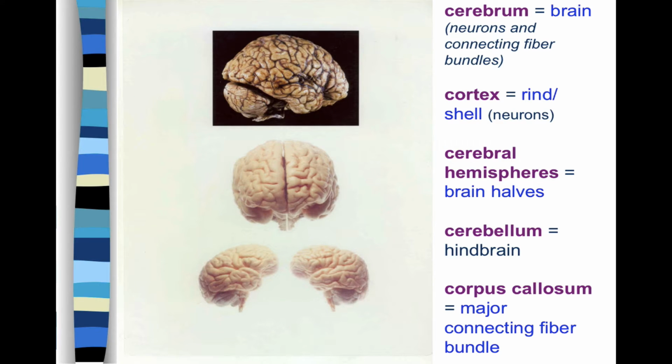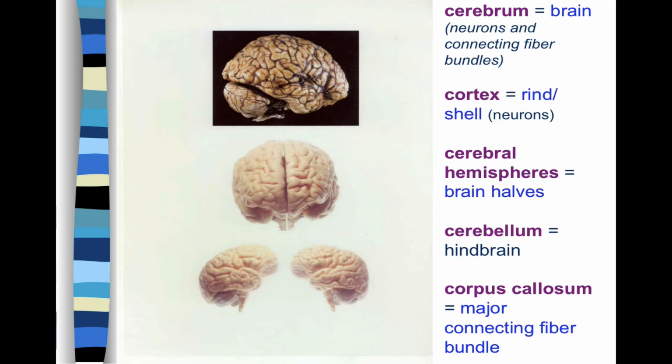First, some technical terms. Cerebrum is the term for the brain, the entire brain: the neurons, which are the nerve cells, in the outermost layer of the brain, and the connecting fiber bundles that lie underneath. The entire thing is called cerebrum. Cortex means rind or shell in Latin, and it's the outer layer of the brain. It's what we're used to looking at, and what you see here in this image with the dark shading as a background. The outer wrinkly layer of the brain is called the cortex, so it's the shell, the outside of the brain. It is totally packed with neurons, with nerve cells. All our higher cognitive functioning takes place right there. Our language, our hearing, our memory, our personality, our logical thinking, our emotions, our decision making, everything takes place in